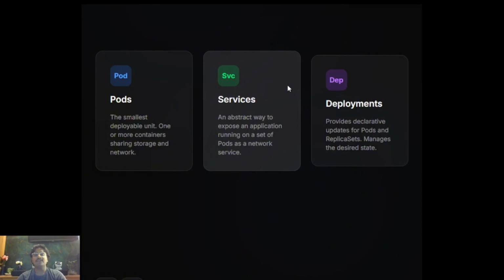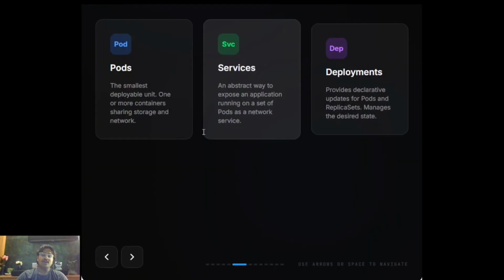So if I have set the limit that 3 pods should be running, Kubernetes will manage the health and see if a pod is failing. It will create a new pod so the required amount does not break. Deployments also help in updating applications smoothly without downtime, which is very important for production systems.